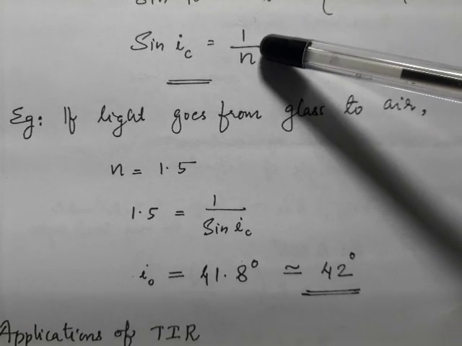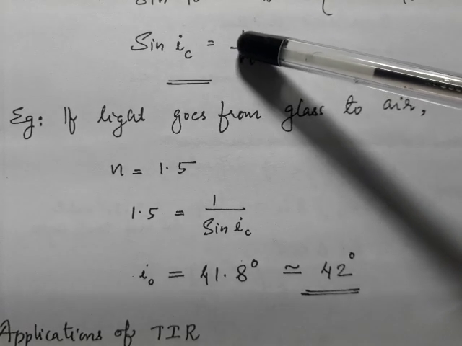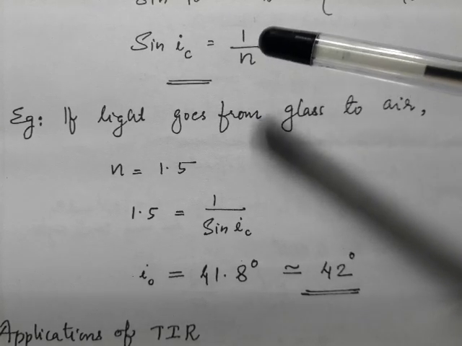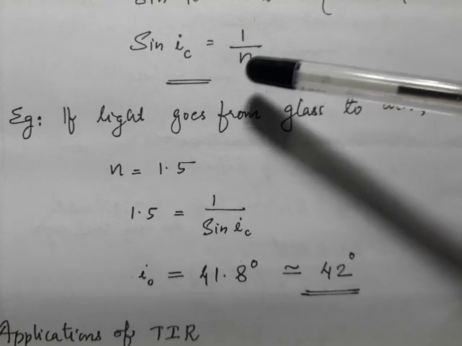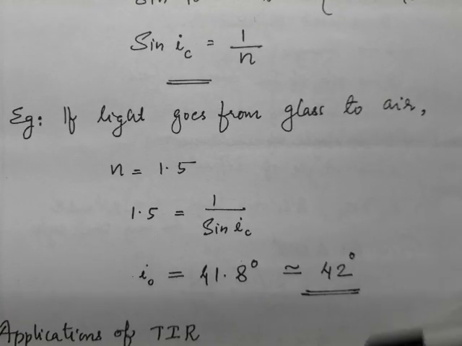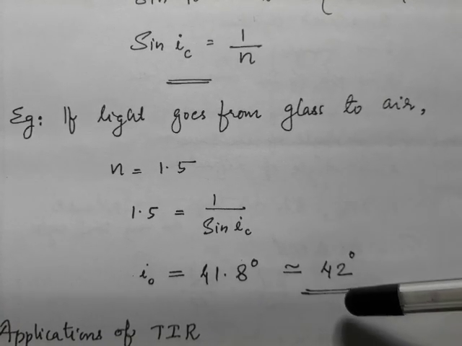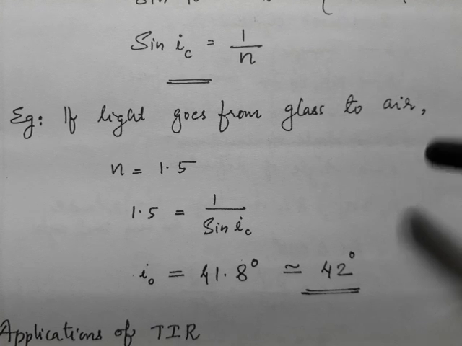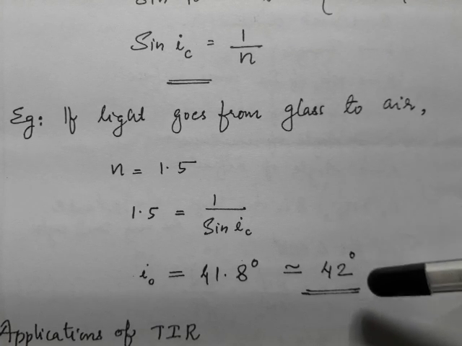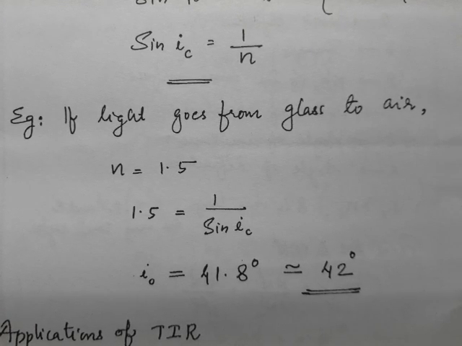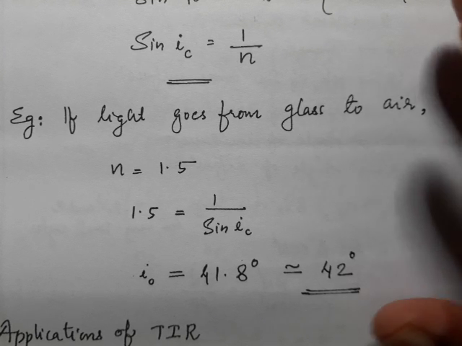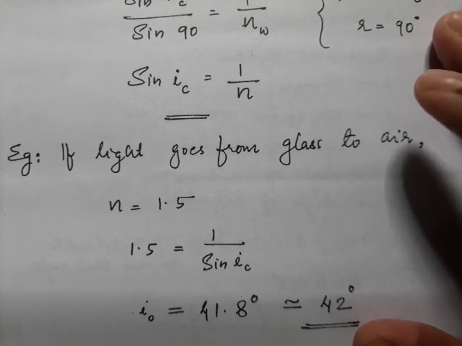So just replace the refractive index of that particular medium. If it is water, you can substitute it as 1.33. If it is glass, let n be 1.5. So for an angle 42 degree, we get critical angle. That means whenever light tries to come out of glass to air, if the angle of incidence is greater than 42 degree, it gets reflected back inside the same glass, and this is called total internal reflection, and it has